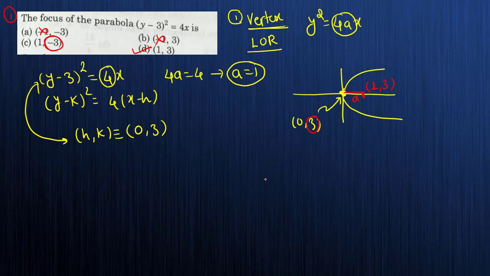ओके, नेक्स्ट क्वेश्चन. The equation of the axis of the parabola x square minus 4y plus 8 equal to 0 is. ओके, axis पूछा है. What is axis? Axis is the line along which your parabola is symmetrical. Suppose we have this parabola here, ये ऐसा part रहेगा parabola का, so this becomes my axis. क्यों? Because along this line your parabola is symmetrical, that's why.